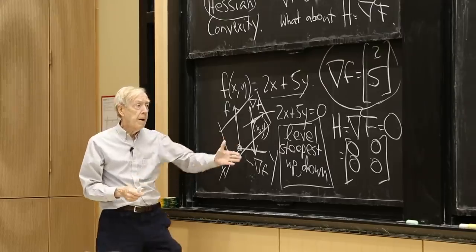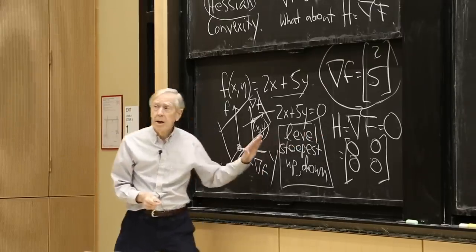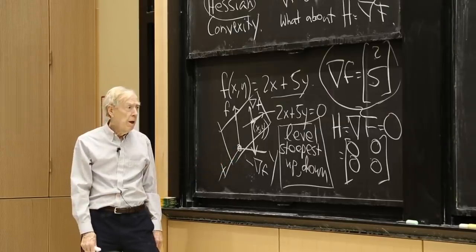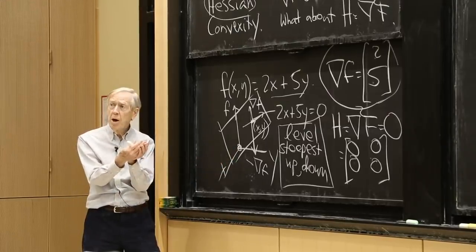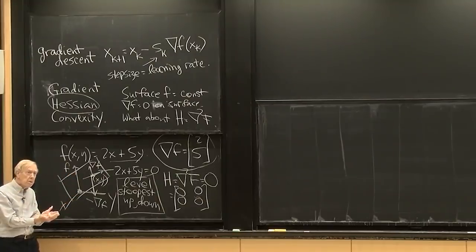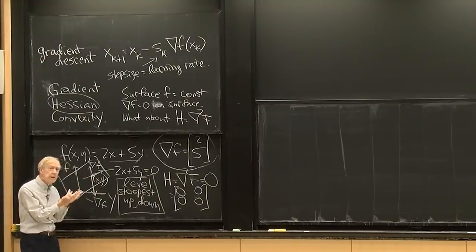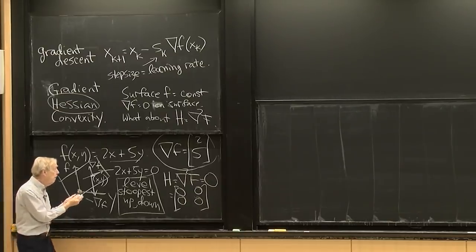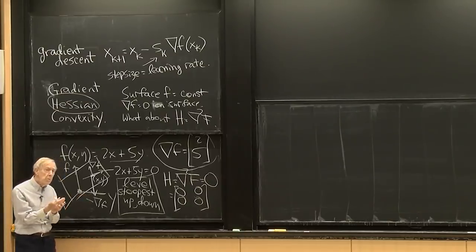So I'm getting 0 for the Hessian because the surface is flat. If the surface was convex upwards, if it was a convex graph of f, the Hessian would be,